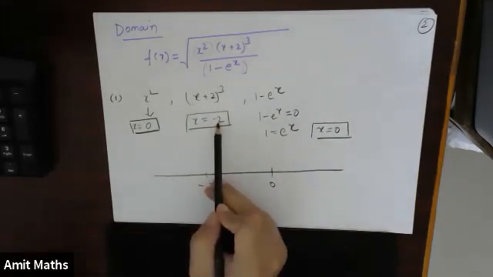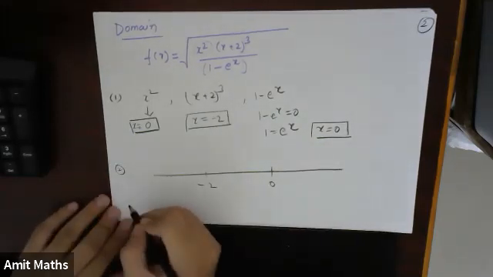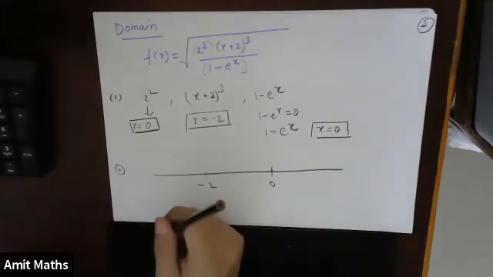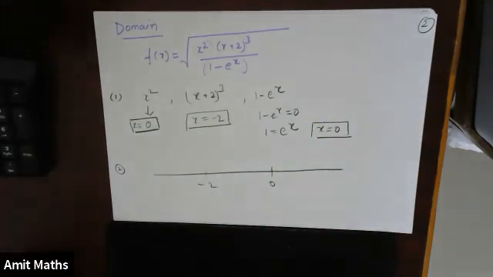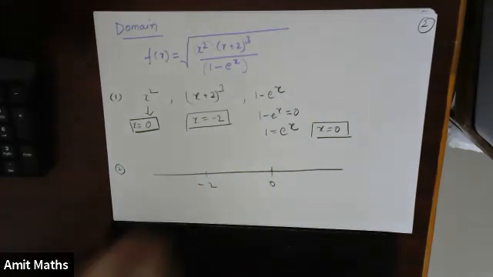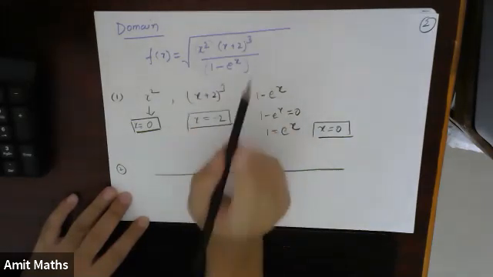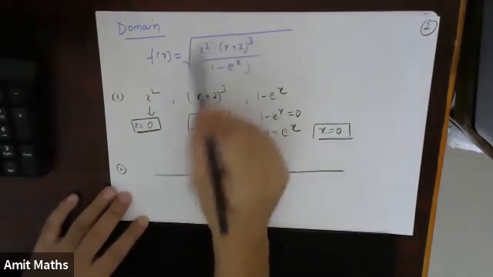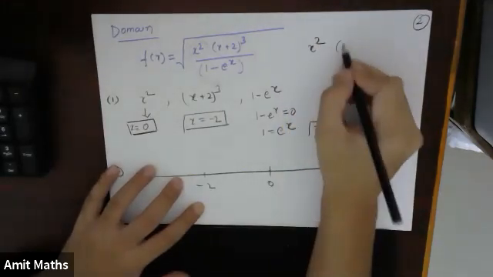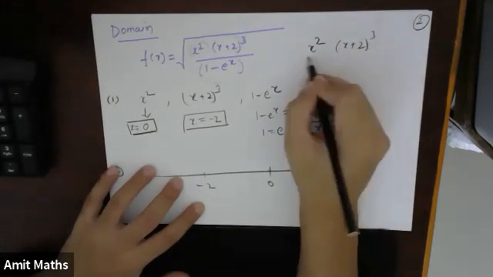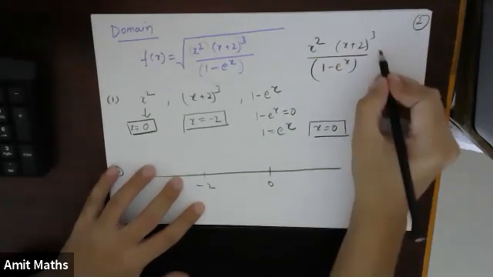Okay. So this was the second step. Now the third step for the wavy curve was at x tending to infinity. At x tending to infinity, I'll try to find out the sign of the overall function. So this is x square, (x plus 2) cube upon 1 minus e to the power x. At x tending to infinity,